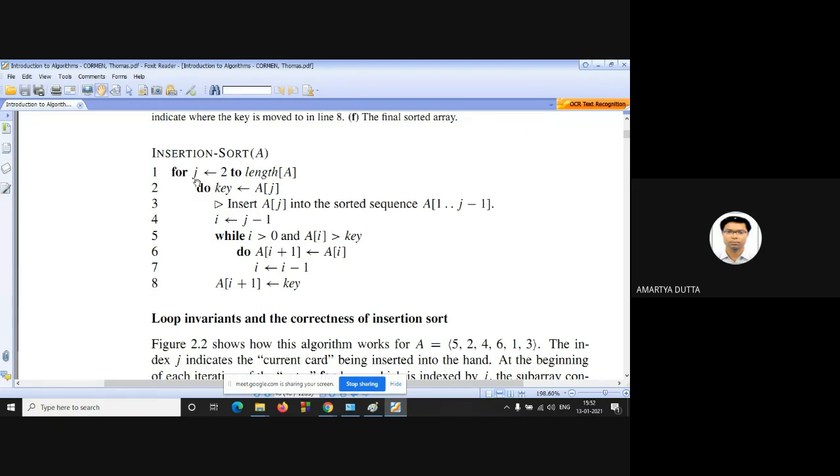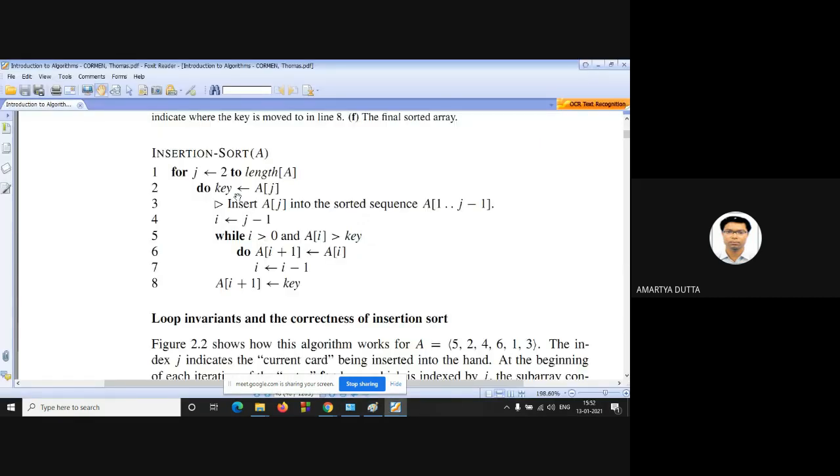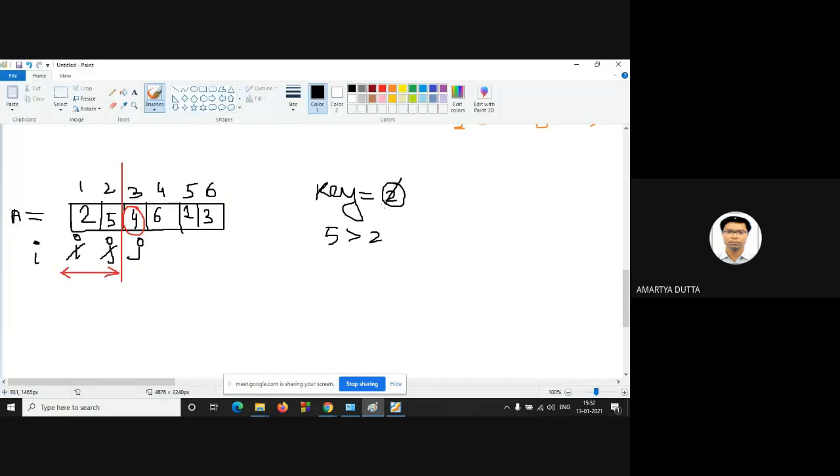Now again line number 1, increment the value of j. So value of j will be now at this position. Okay. So key is equal to aj. Key value will be 4.